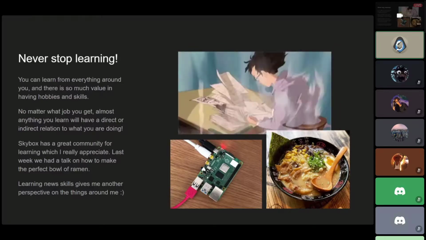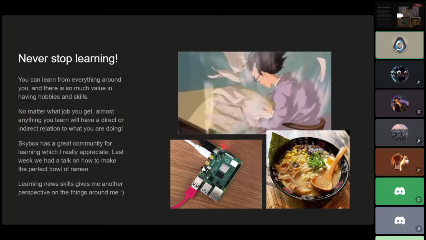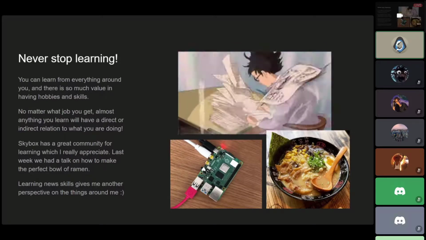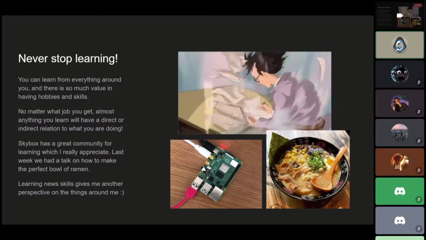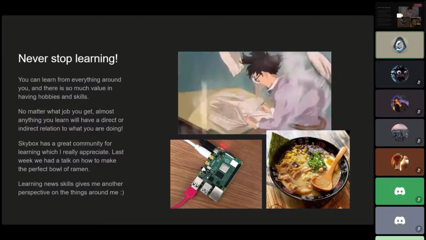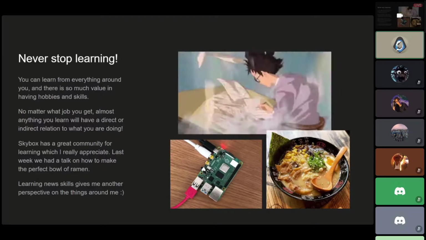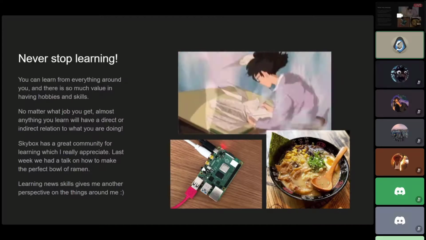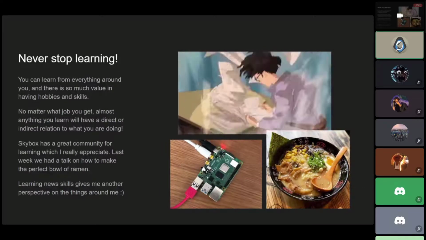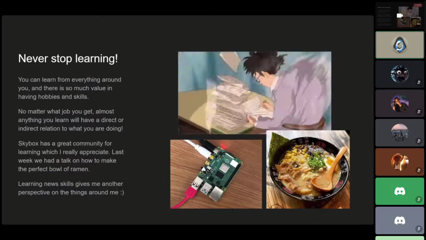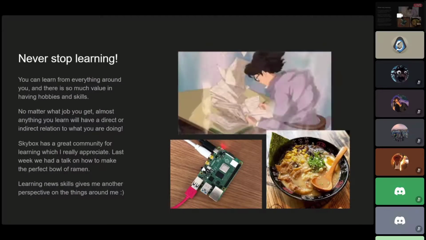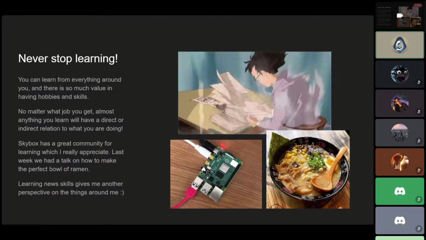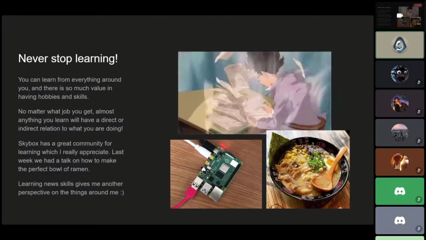But even if I never worked on that game, the kind of logic you do when you're doing proofs in math comes in handy elsewhere. You might not write a proof out ever again, but that thought process for dissecting why a formula exists or how it came to be can be applied to so many other things that you do. You know, and that's something that Skybox really values. They really like learning.